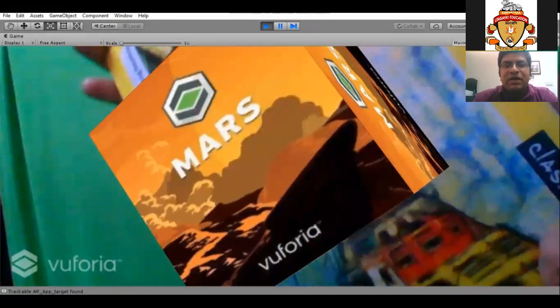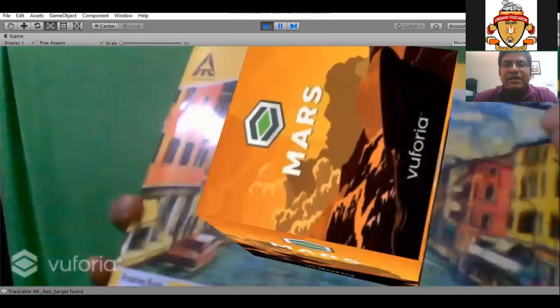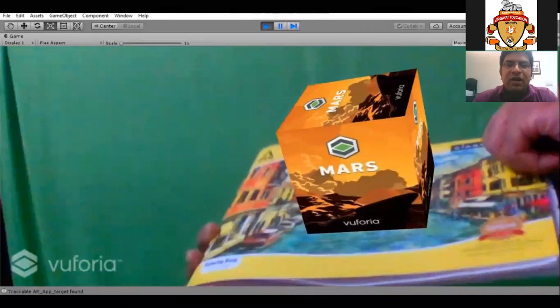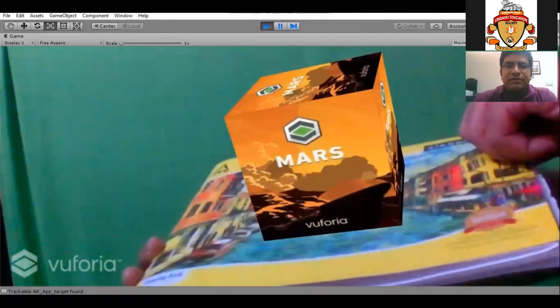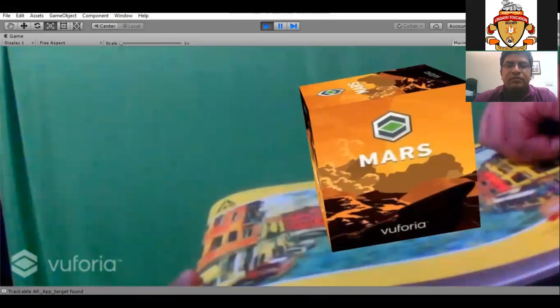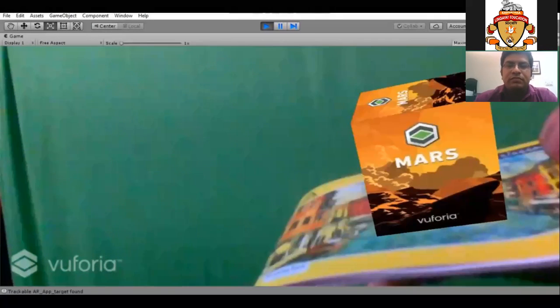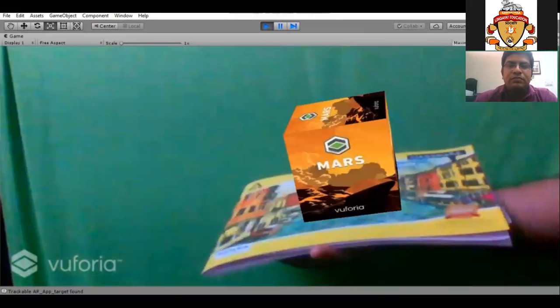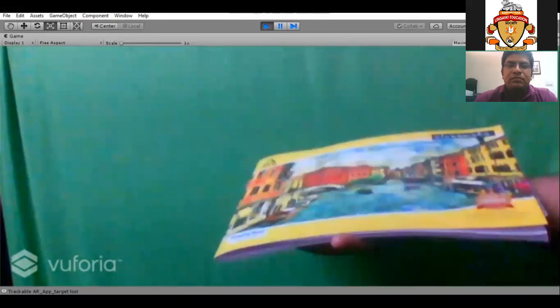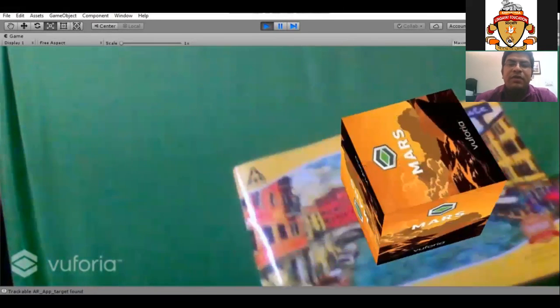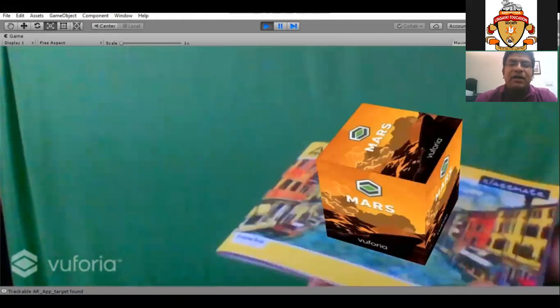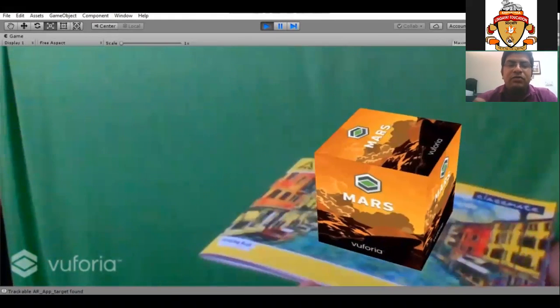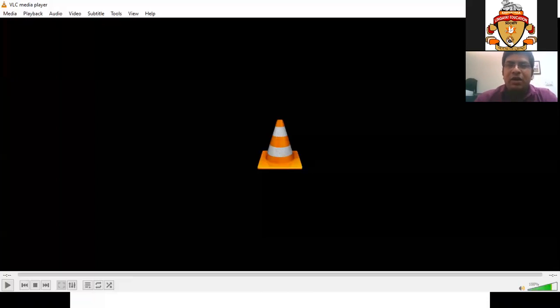The rotation, position and orientation behavior change has exactly been transferred to the virtual object. So till the time the computer is able to visualize the marker, it will continue to superimpose the virtual object.